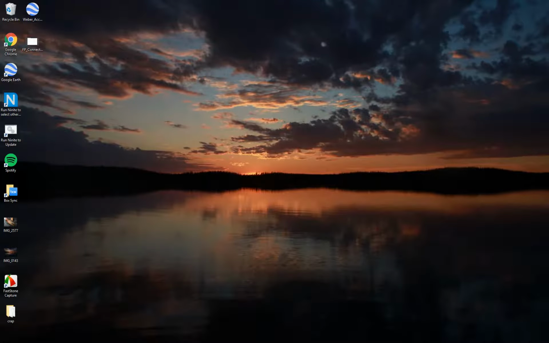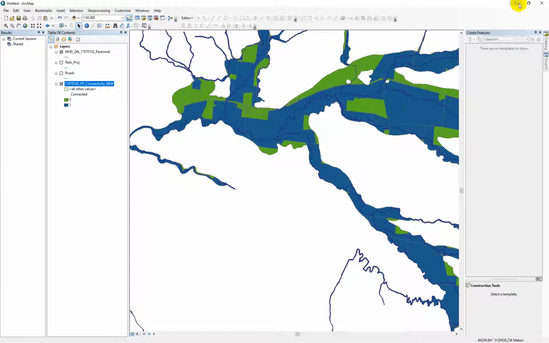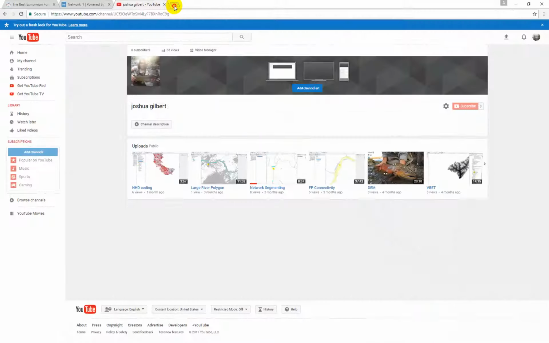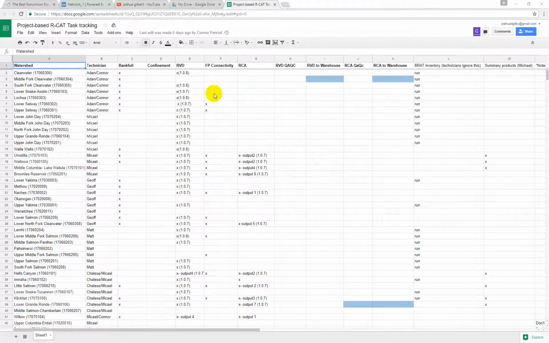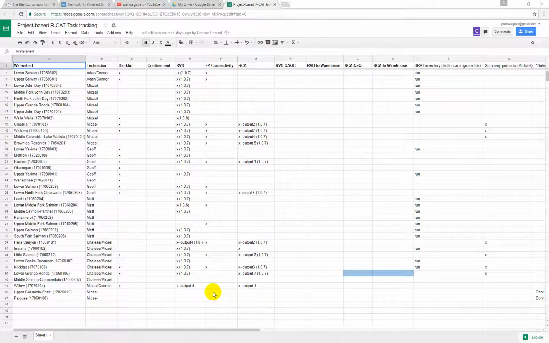Or at least all the watersheds that say we need it updated on Box. I'll go up there, or on the spreadsheet real quick. I'll go to that shortly here and show you what I'm talking about. Yeah, so basically anything that doesn't have an X is a watershed that needs updated. So we have quite a bit to do, and then once we have them updated, we can go ahead and run